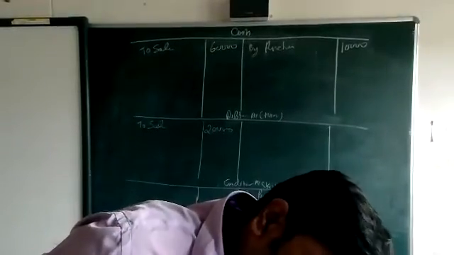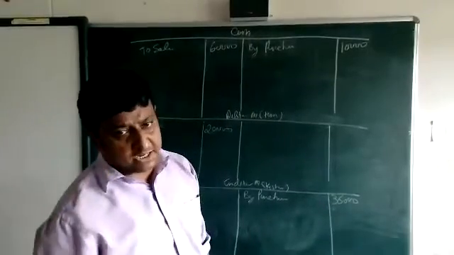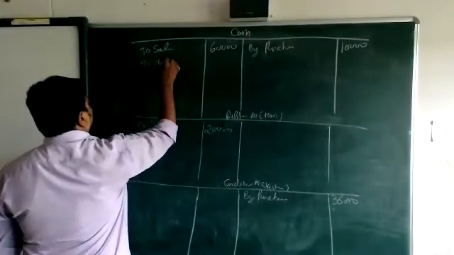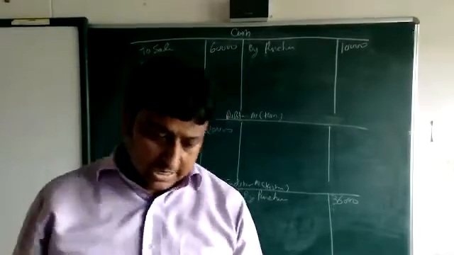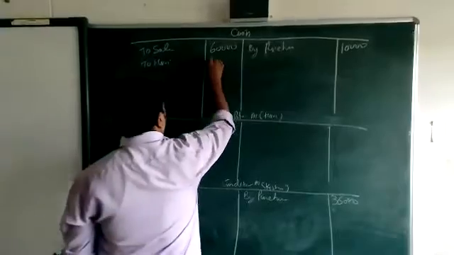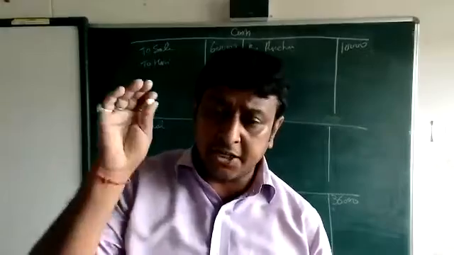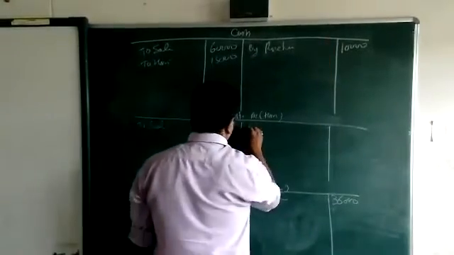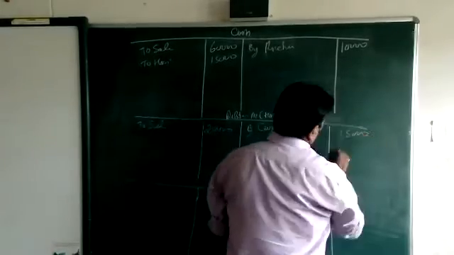Okay, next, cash received from Hari. You are receiving the cash from Hari, so your cash will increase, beta. And cash will increase to which side, beta? Debit side. So to Hari. How much amount, beta? Hari will pay the money, so your cash will increase, so then your debit side 15,000. And Hari will pay, so surely Hari, the debtor, will decrease, and if the debtor decreases, then by cash 15.